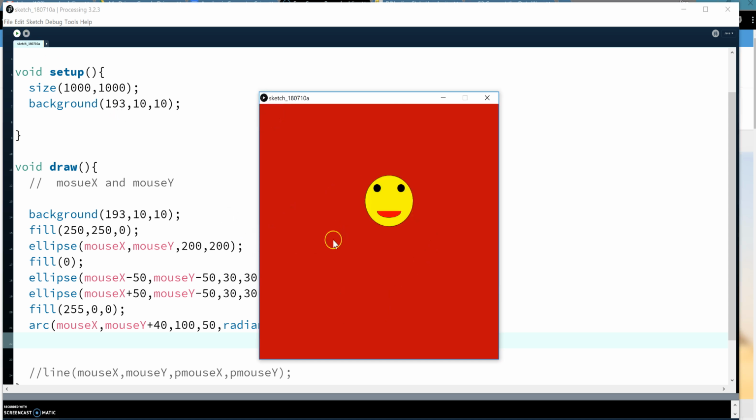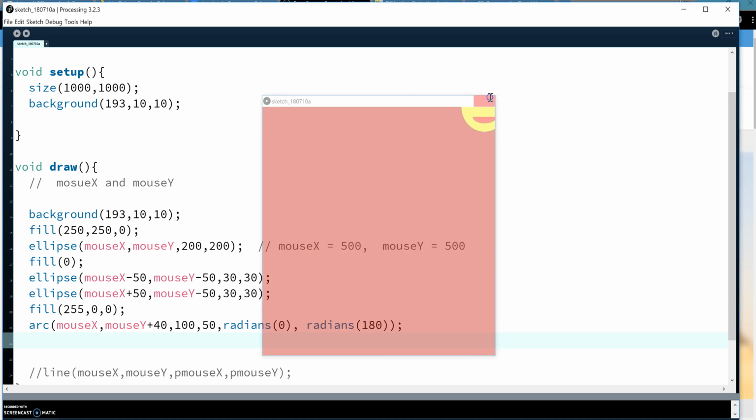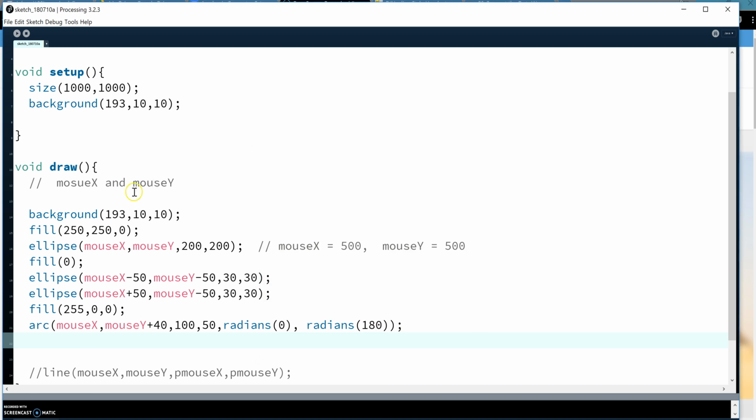So back to my happy face. There it is right there. Okay, all right. So let's see what else we can do with this. Let's say we want to change the color of the eyes. The eyes are black here, but instead we're going to fill them with,